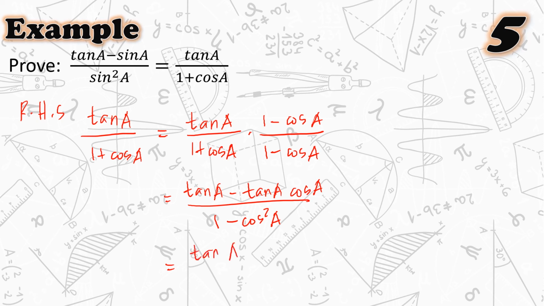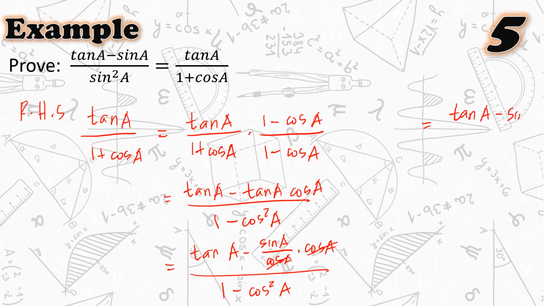We have tangent A minus tangent A, which is sine A over cosine A, multiplied by cosine A. Let us copy the denominator, that is 1 minus cosine squared A. Now in here, cosine A over cosine A is equal to 1. Hence, we have tangent A